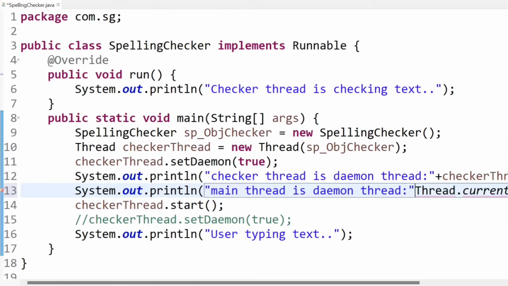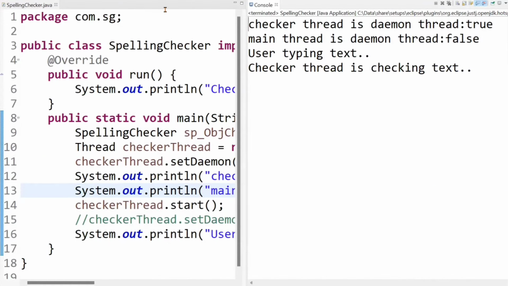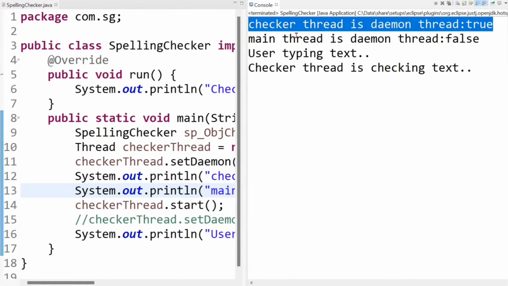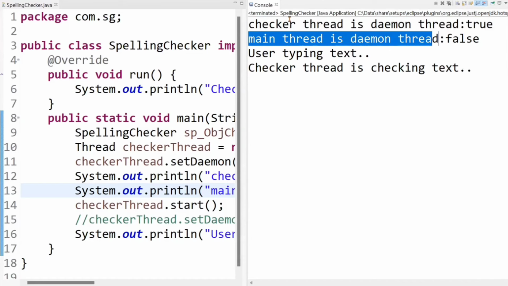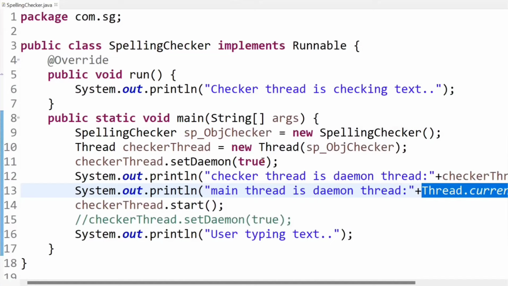Let's check it out. You can see here checker thread is daemon thread true, and main thread is daemon thread false. Okay. So in this way we can check the status of any thread, whether it is daemon or not.